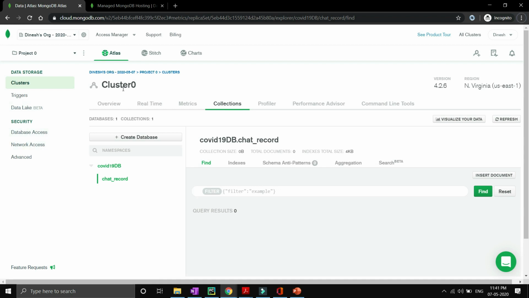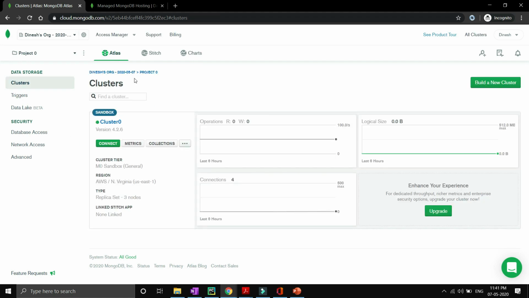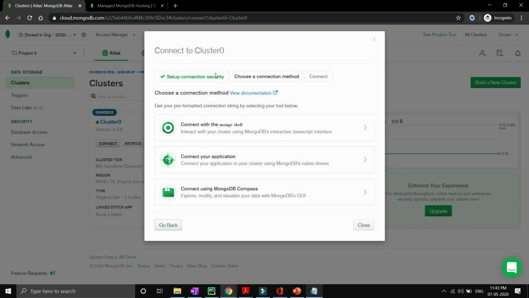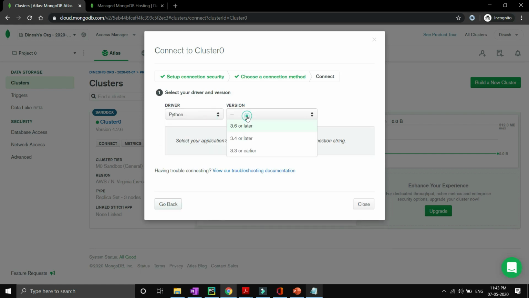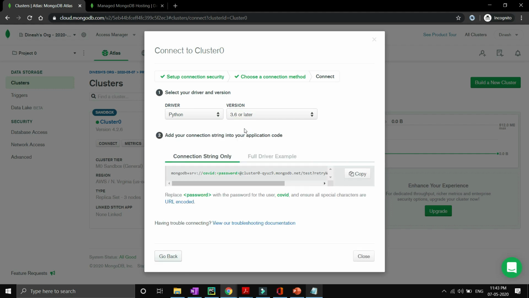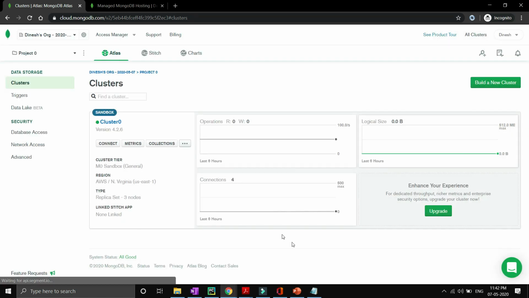So now in order to connect it with our Python or Flask code or a backend, we have to generate a connection URL. So go to overview inside cluster. So you will be able to see over here your cluster, and you have to click connect, and then you have to click connect your application, and driver would be Python and version would be 3.6 or later. Then you have to copy this link, and let's paste it somewhere in the notepad. Okay, all right, so we are good to go and our MongoDB hosting as a service is set up.